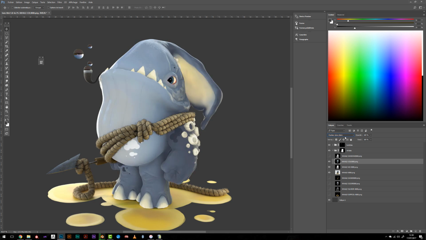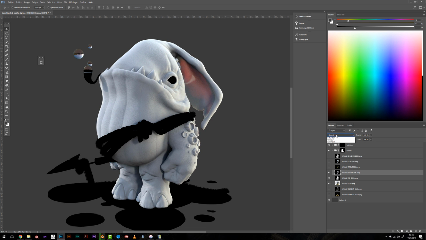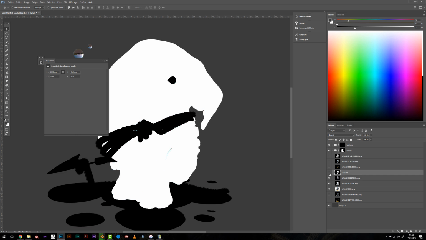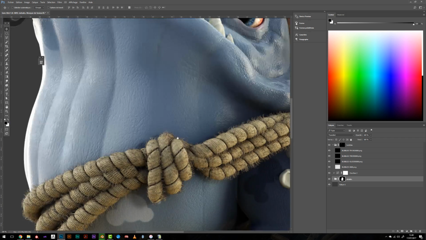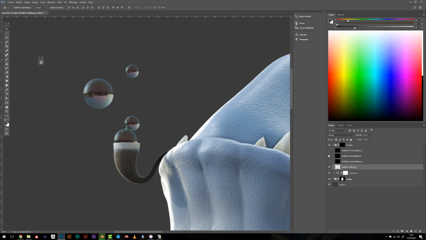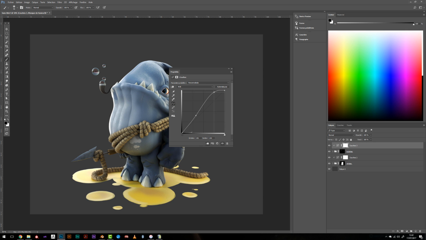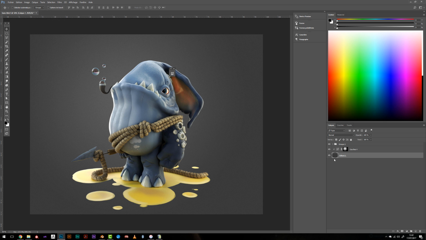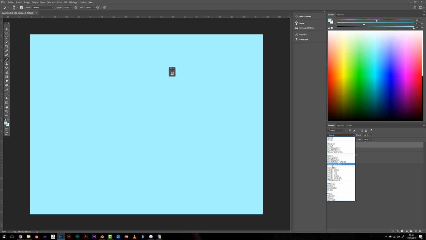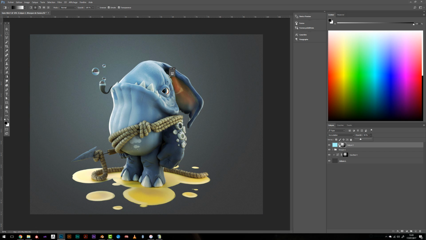Then in Photoshop, I just combine them using overlay with subtle factors, and then I just work on curves, add some background color, add some transparency to the bubbles because there were too popping out, and as they transmit the HDRI background, it may not fit my current background on the artwork.